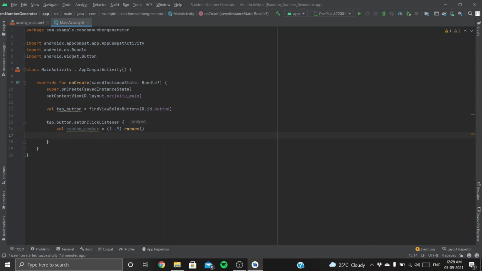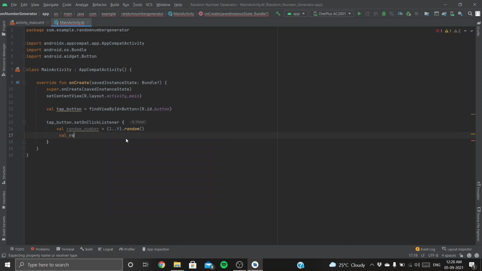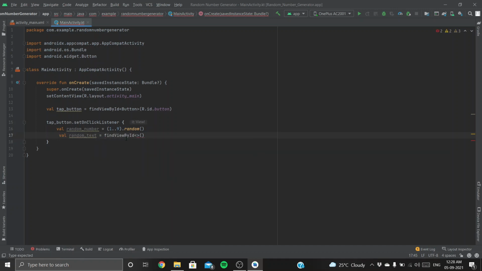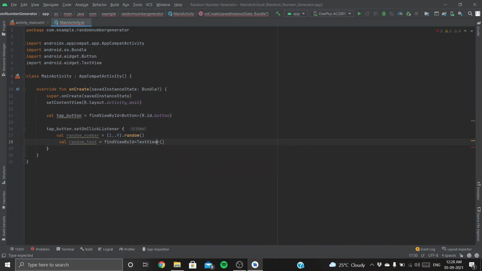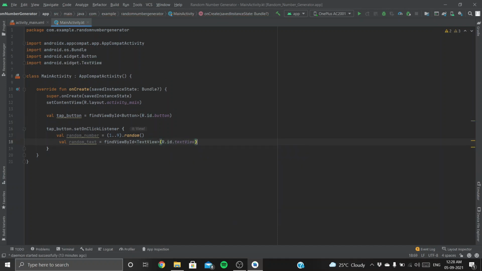So now let's access our text view. And to do that, say random_text is equal to findViewById R.id.text_view. Cool. And now let's set the text to our text view.